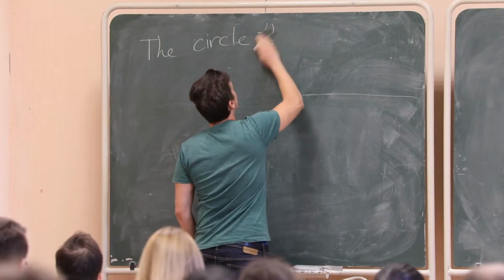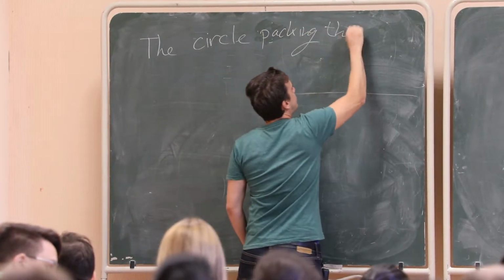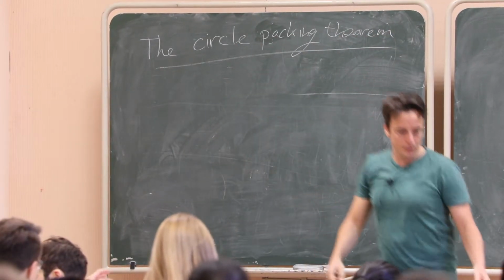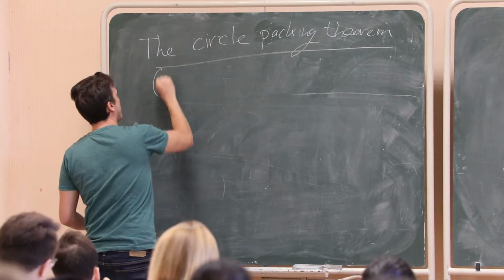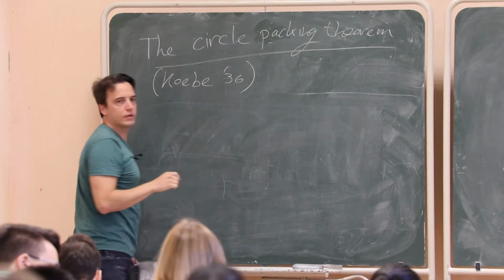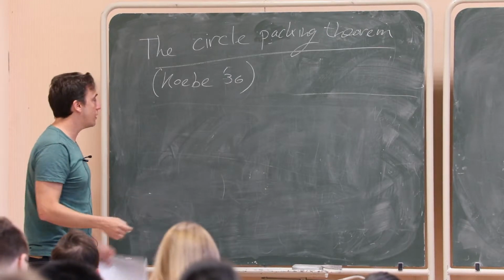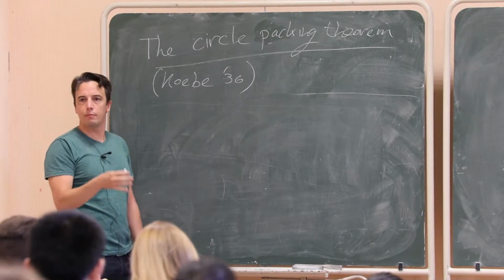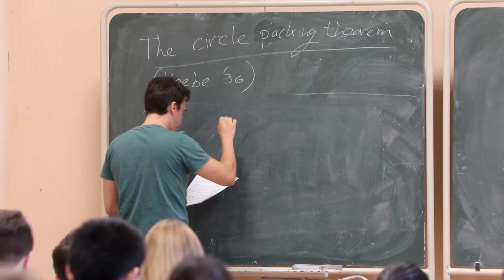So the circle packing theorem is stated as follows. It's of course due to Koebe, but this is a slightly more modern proof due to Bill Thurston. And it states that any planar graph, as we saw, can be represented by a circle packing. So let's see, any planar graph G,